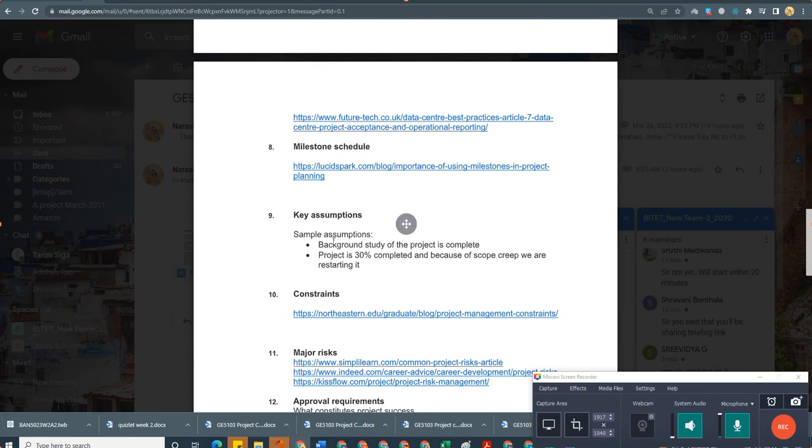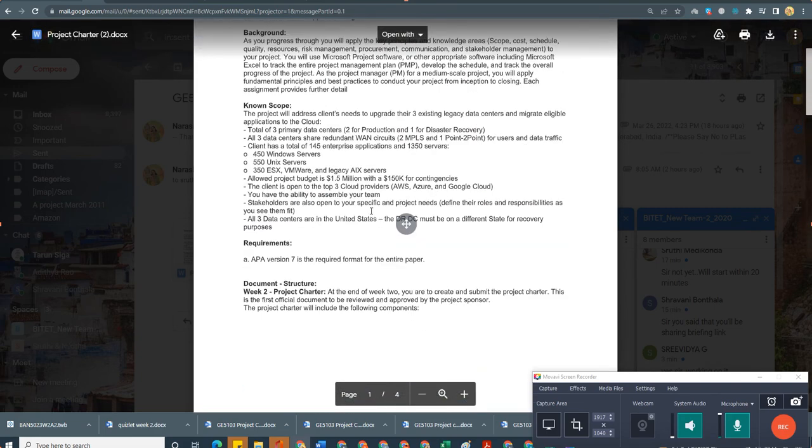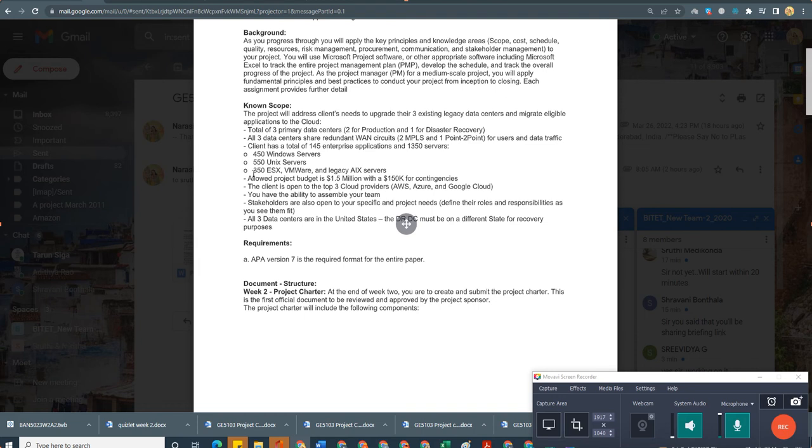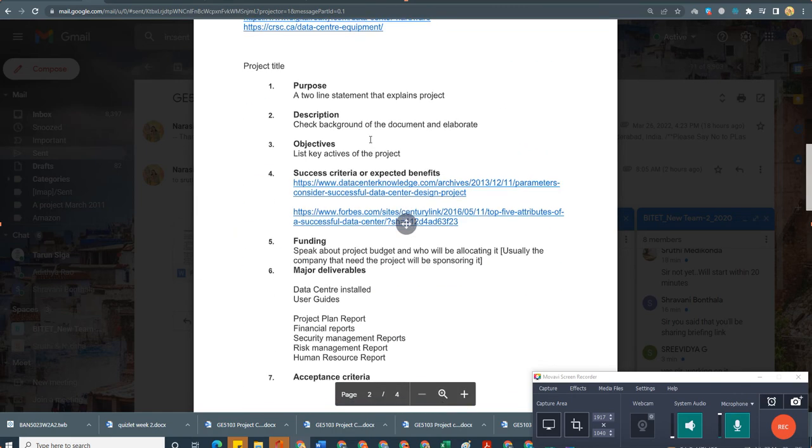Next, milestones, a list of milestones and the milestone schedule. You know about it, most of you have already worked on a project. The list of milestones is related to the project. Maybe here we have activities, right? You can speak about activities: first creating WAN networks, next installation of servers, installation of data centers, establishing connections, and application migration to the cloud. These can be some of the important milestones.